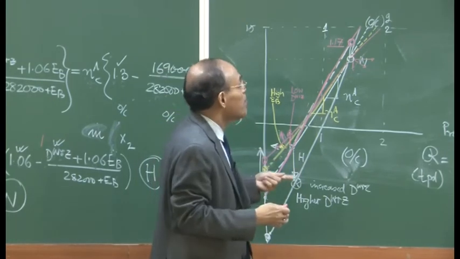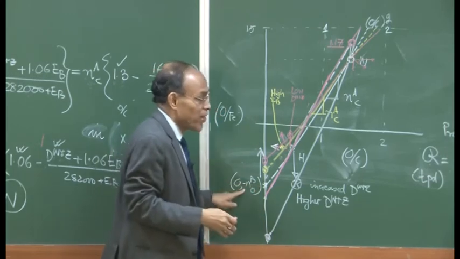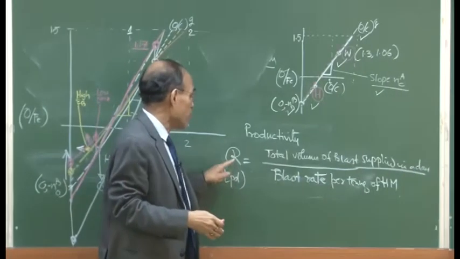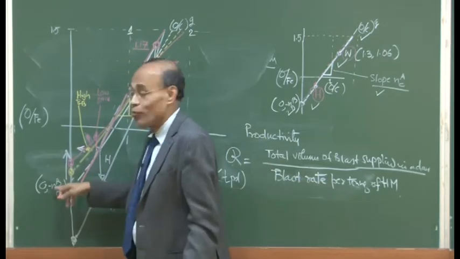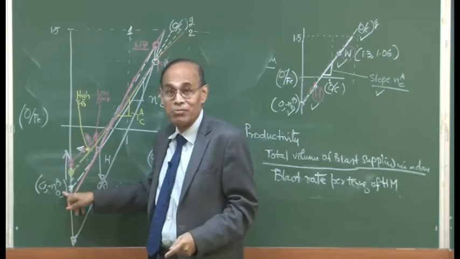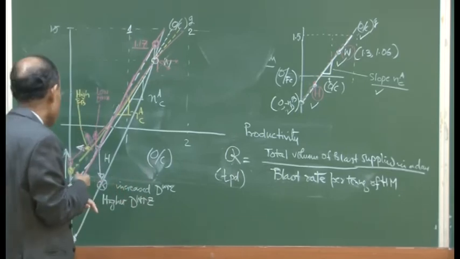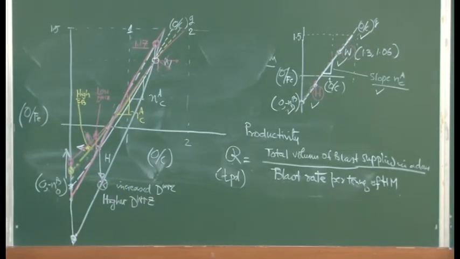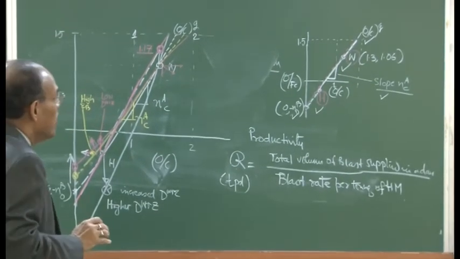we can get into a favorable regime of blast furnace operation, because that is going to ensure a lower blast rate. According to our definition of productivity, a lower blast rate per ton of hot metal, because this NOB is also per mole of Fe, which essentially is a reflection of per ton of hot metal, we will say that we will have an increased productivity. So, I think I have given enough for the last 5 hours or so in the 5 lectures, the derivation